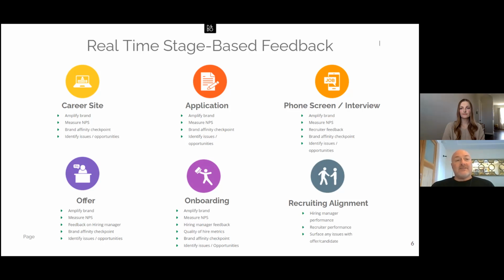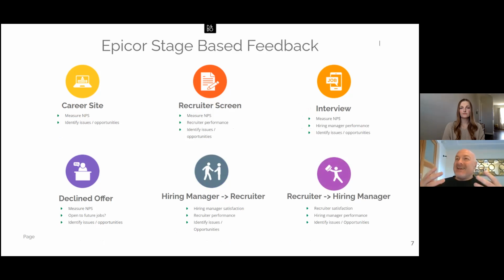The ability to check at each stage of the onboarding process to understand what's working and what's not in that crucial first year, to really help alignment and understand the quality of your hire. Feedback-based recruiting is perfect for that: tracking that quality of hire, tracking the performance of the candidate through onboarding in the first year, et cetera. And then, as we talked about, that alignment between recruiting and hiring managers, which is so important. So that's the broad set